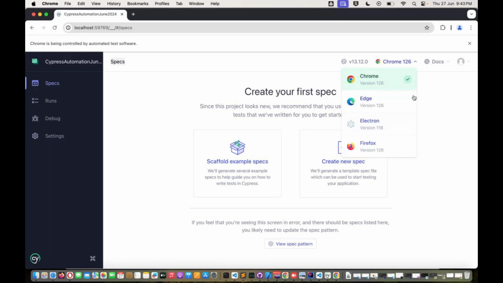Now, if you want to have more browsers, you can do that. You can install them locally on your machines, and you will be able to see those browsers as well. And over here, right now, what I am doing is clicking on the scaffold example